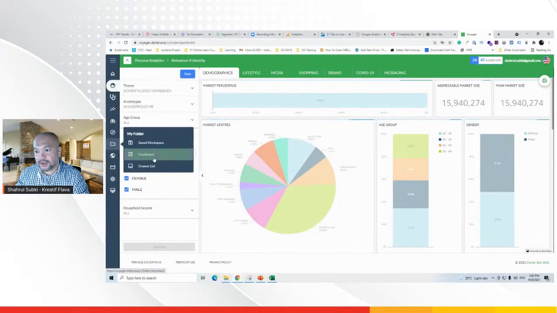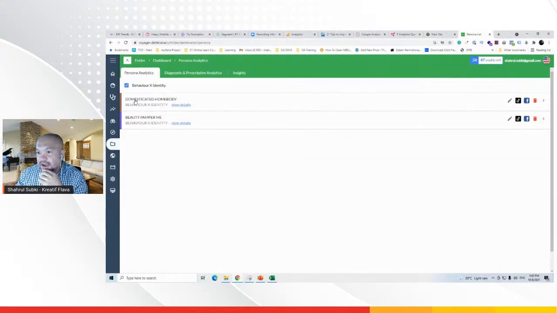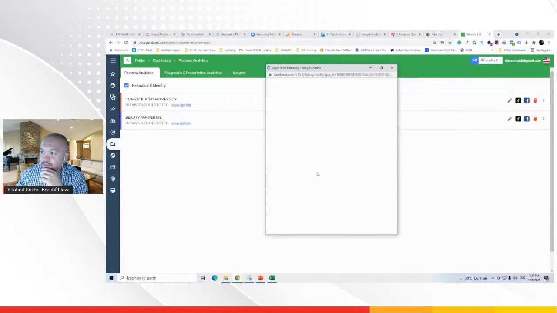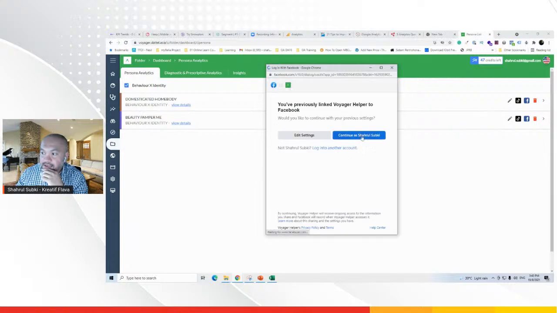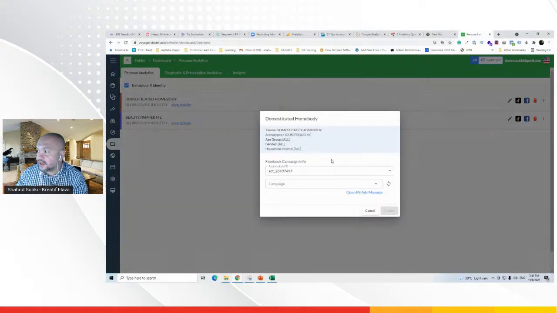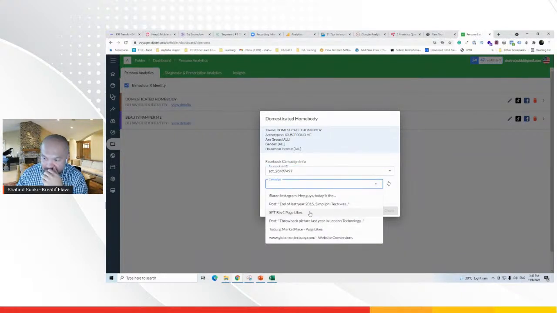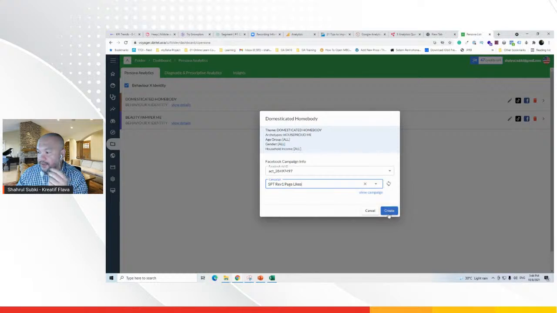So from here, I'm going to go to my dashboard. So here I have all this stuff, the domesticated homebody, and this I did last time, the beauty pamper me. From here, I can go to Facebook, and then from this Facebook, I can connect to my Facebook first, and then I change it to the ad set that I want. So I can go to any page, one of the campaigns that I did. So when I create that, it will link up to my Facebook, and then from there, it will generate the